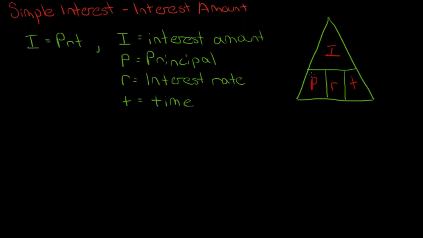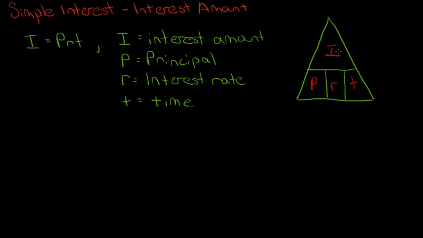Now, you might wonder, why do we need this? Well, it's just a way to learn the different formulas to isolate for different variables. One way to look at this triangle is that it helps you learn how to isolate. So, say I have my P, my R, and my T, and I'm looking for my I,